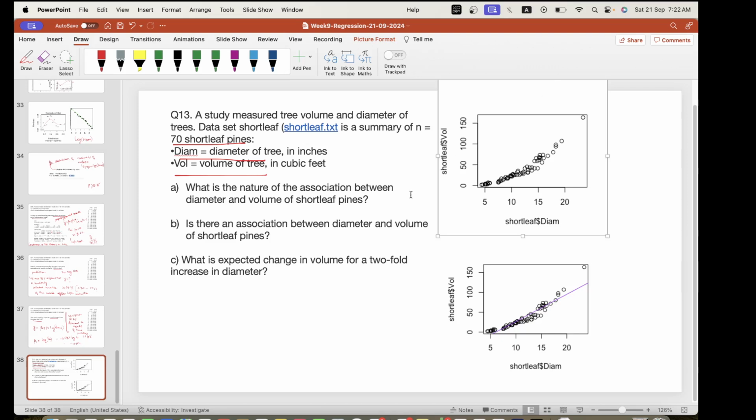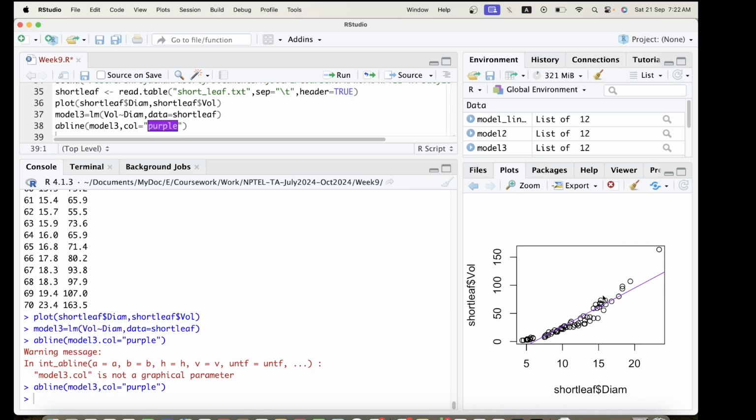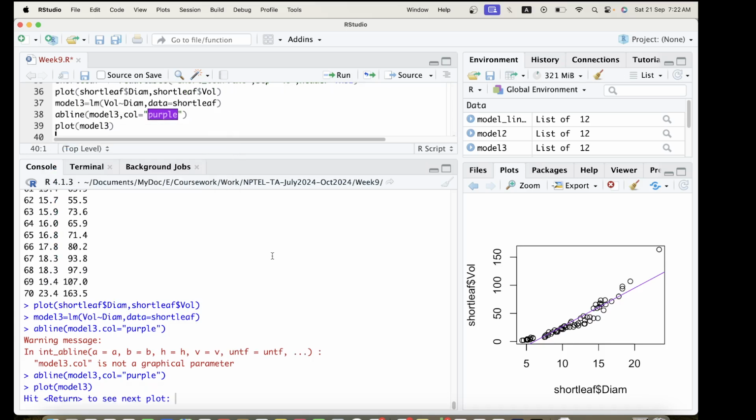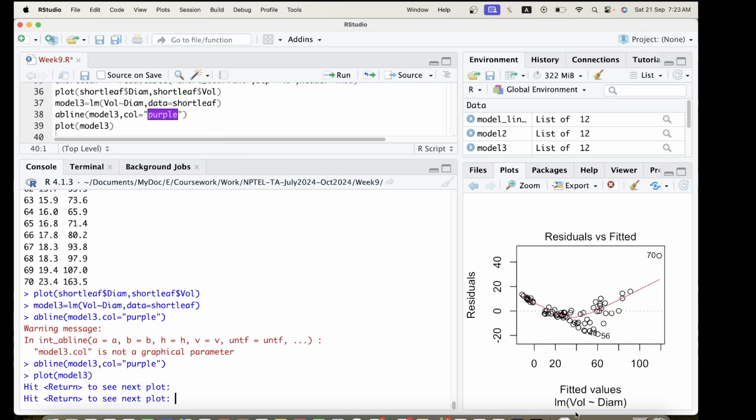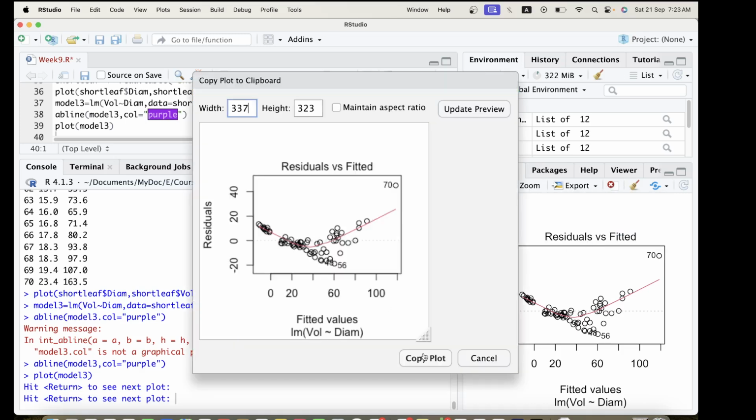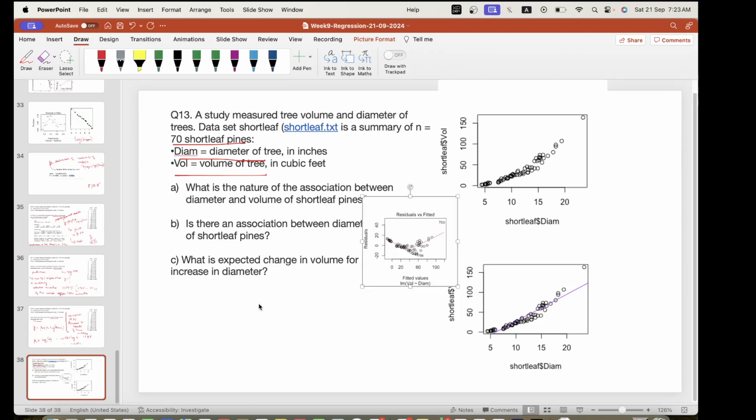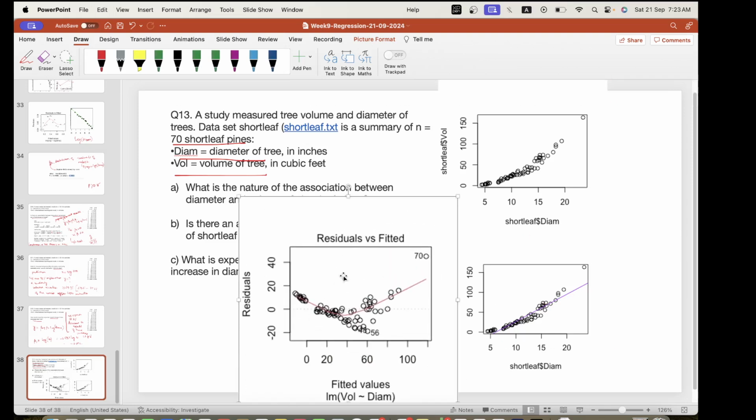Before going to that, let us first take a look at the residual plot. So if I do a plot of model 3, see, this is the residual plot. Now from the residual plot, residual versus fitted plot,